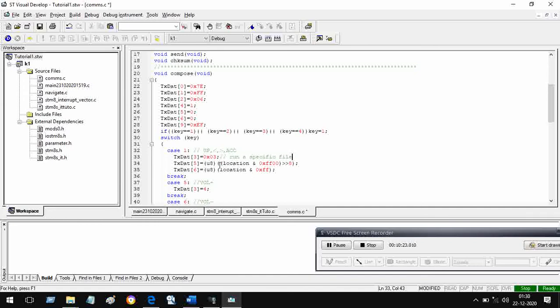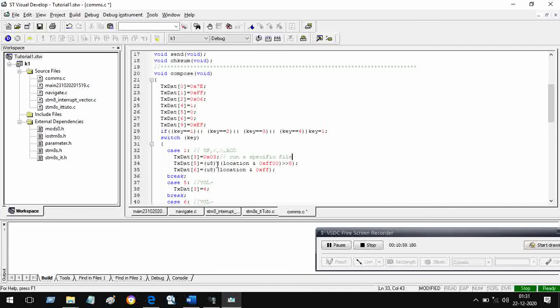So the upper byte is obtained from the location. We want to break the 16 bits, that is 2 bytes, and put the upper byte into tx.5 and lower byte into tx.6. As you can see, we have a location ended with ff00. So only upper byte will be left, and lower byte will automatically become 0. Then I will rotate it right or shift it right 8 times so that the upper byte goes into the lower byte space.